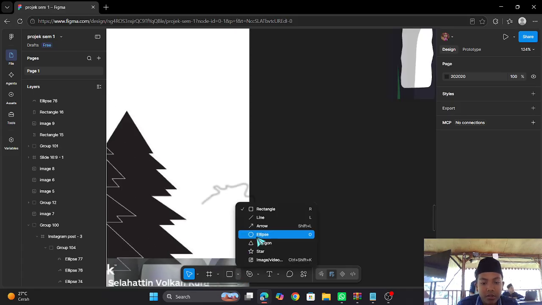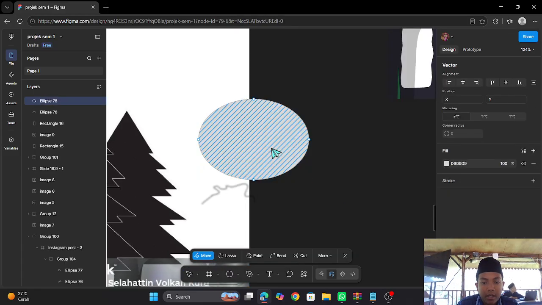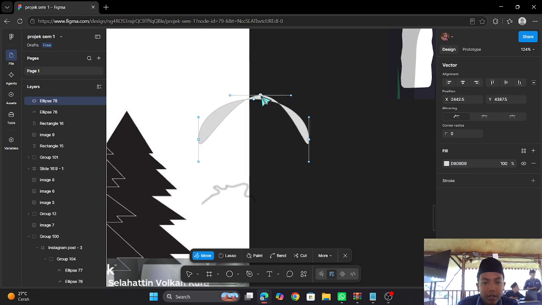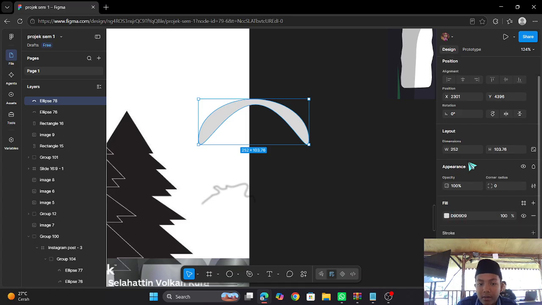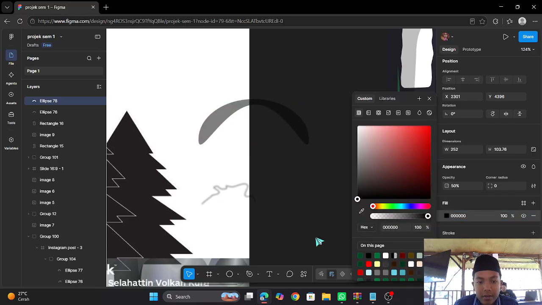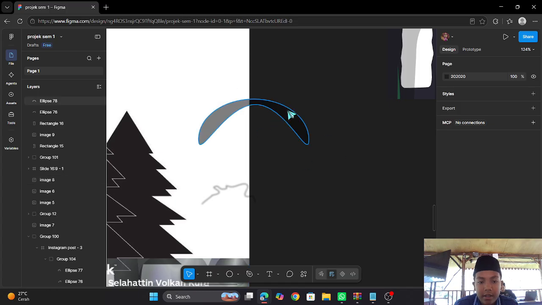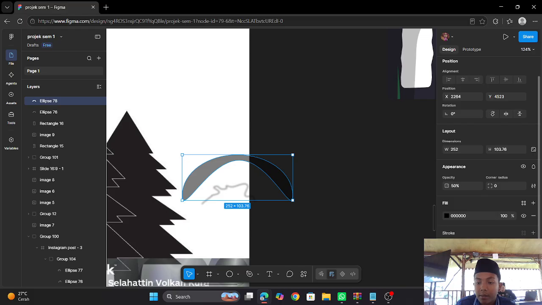When you take an ellipse and then mold it until you find the shape you want, you can change the opacity to 50 maybe, and then set it darker, and then you can set it until it looks like this. But I forgot the settings actually, sorry.